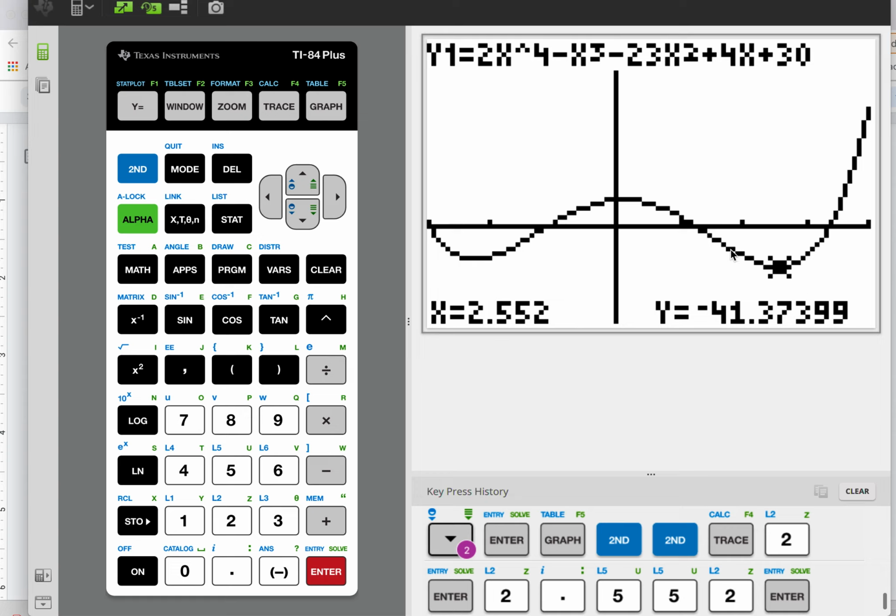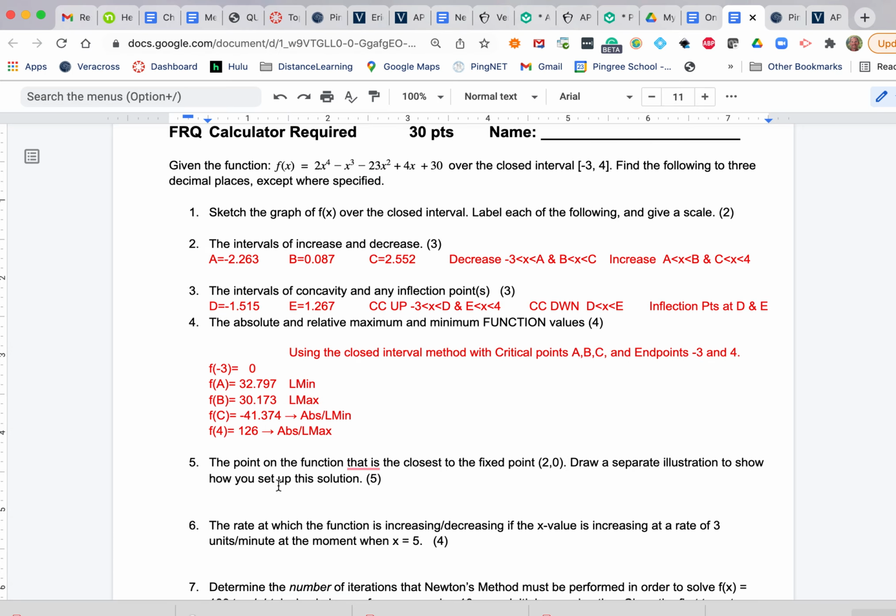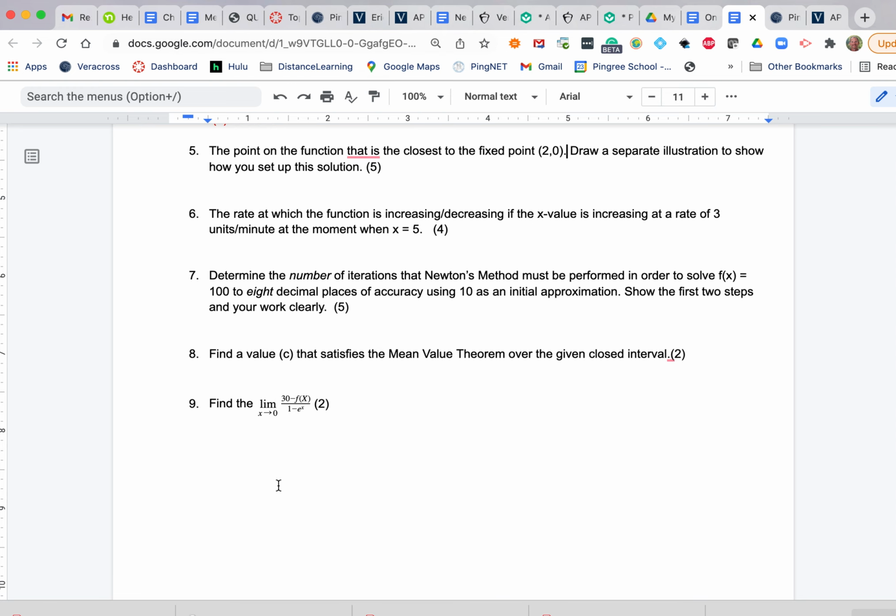There's actually 2 ways to find it. One very clever way would be knowing that that line straight to that fixed point would be perpendicular to the tangent at that point. So that's an entirely different way to solve this. We're going to do it as an optimization, which means we simply need to model the distance from this point, 2, 0, to a point down here on the function, and think of it as a little mini distance formula. So you're going to do a little drawing that looks like a little right triangle, and then you're going to write it into an equation, which is what this is going to look like. So if I go like this,